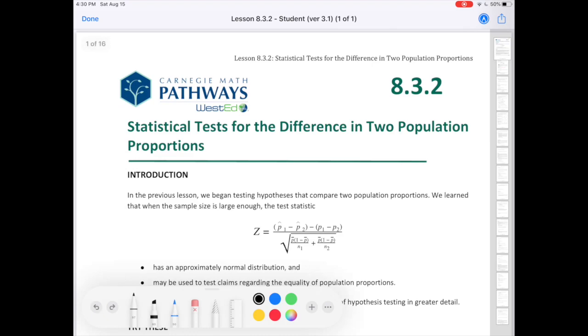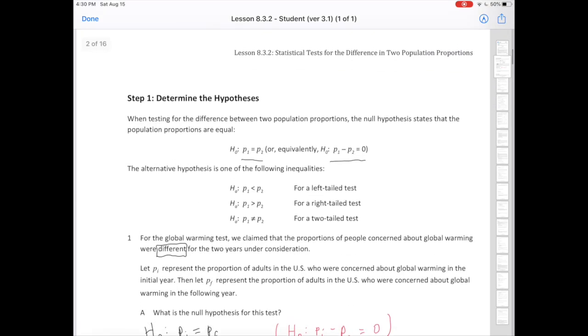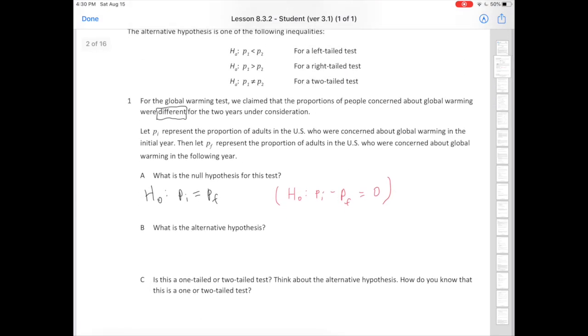Sorry about that. Let me scroll back. So we have the word different there. We also have the word different that I boxed over here in the number 1 statement, right? So different just means not equal to, right? If they had said we're concerned that people care more now than they used to, or the claim is that people cared more in the past than they do now, then we would do the inequality going one of the two ways. However, in this case, the alternative hypothesis is